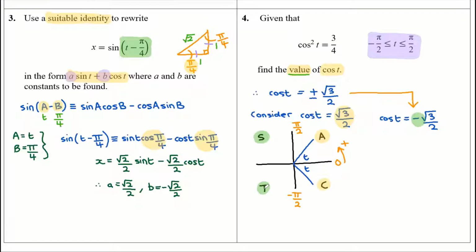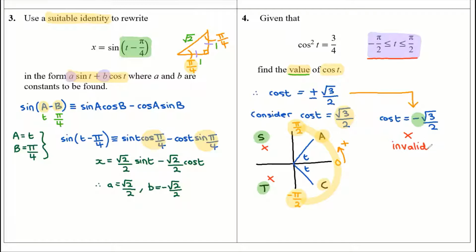Okay, the principal angle would be the same because you ignore the negative sign when you're working out the principal angle, but the value of your principal angle would have to go into the negative quadrants. Now, the negative quadrants are outside of the range of values of t that you're working in. We're only interested between -pi/2 and pi/2, so these two quadrants here and here are irrelevant. They fall outside of my values of t that were prescribed in the question. So this cannot happen. So this is invalid